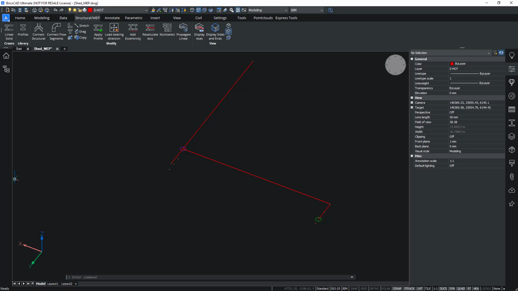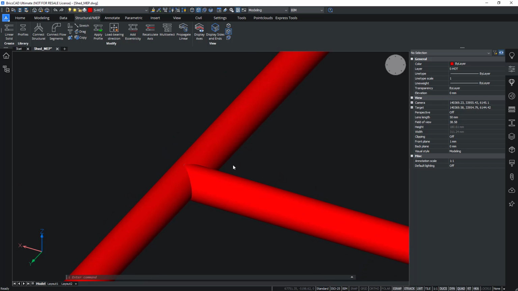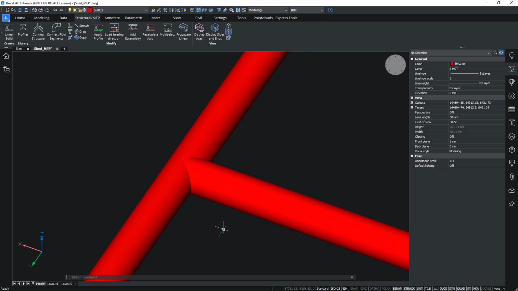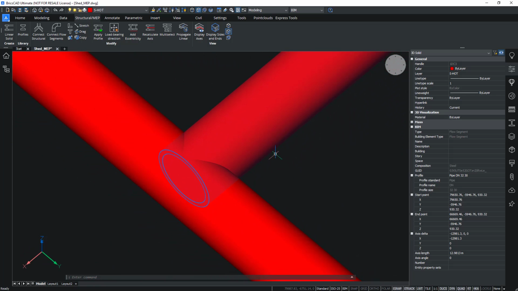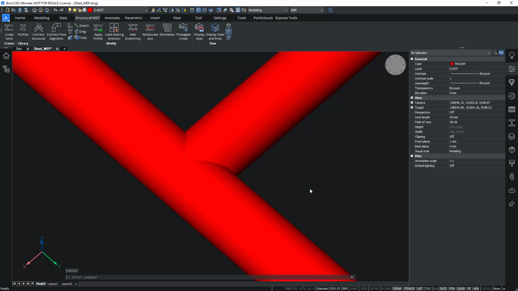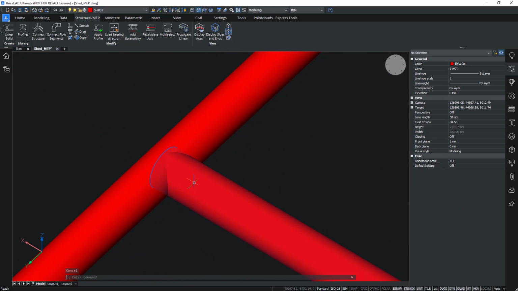Now let's take a look at manipulating them or connecting existing segments. So for example, if I take a look here at where these two pipes come together, actually I created them independently from each other, which causes them to interfere in this location. There's a clash between the two pipes because they're not properly connected.